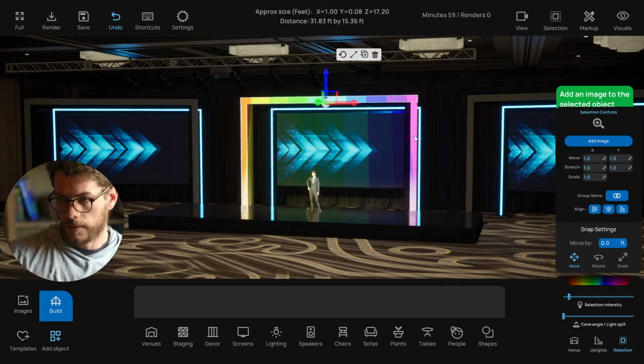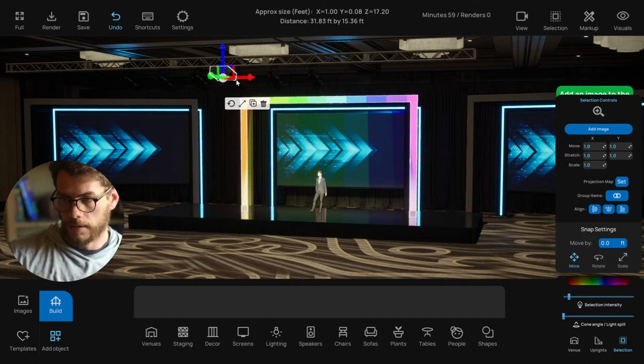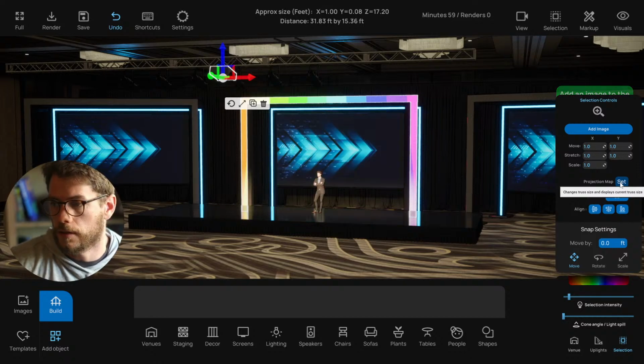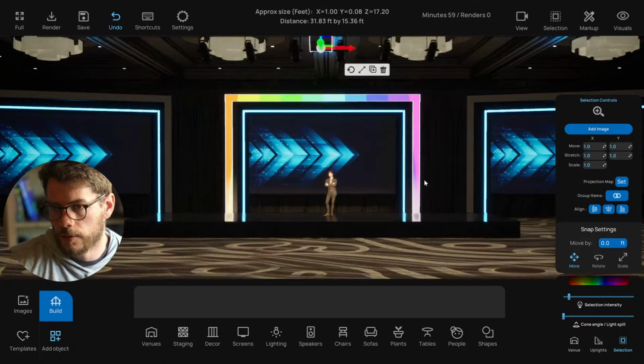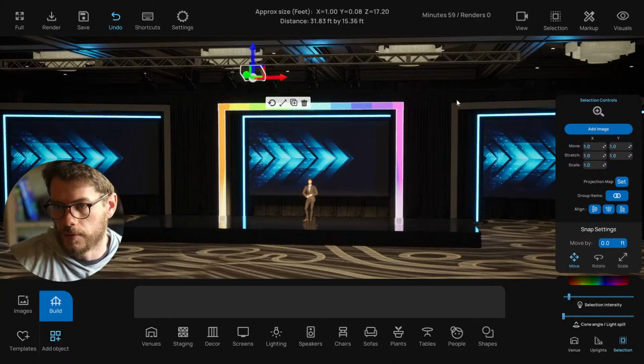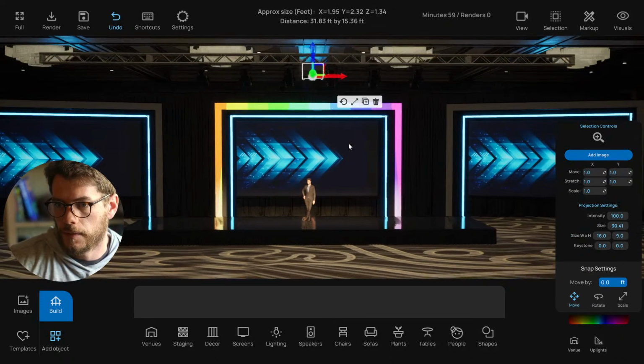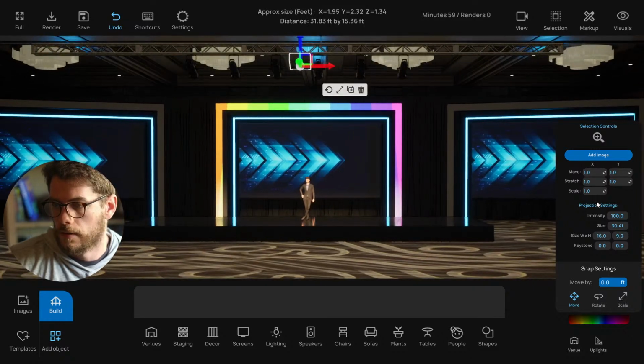And you should see, if you do it correctly, this button that says Projection Map. So I'm going to click that guy. And when I do, now the projection is only hitting those scenery panels. Alright, so I'm going to select my projector again, and from here I can adjust